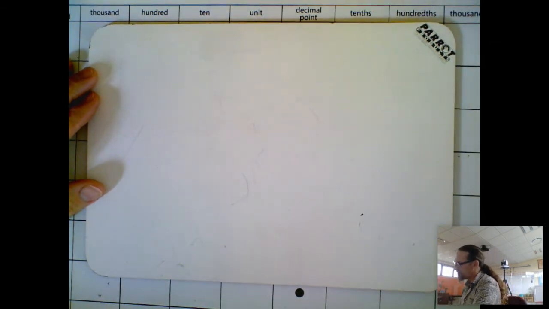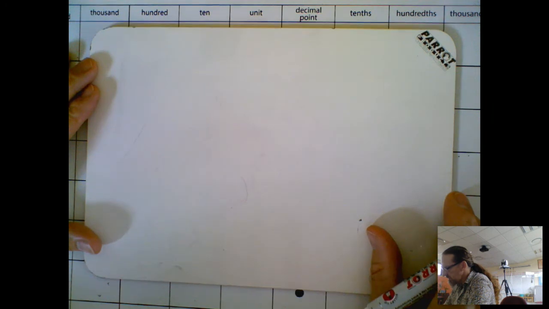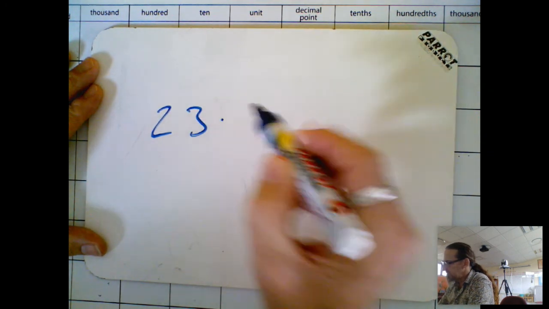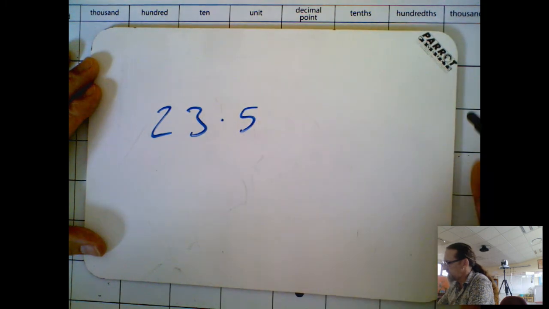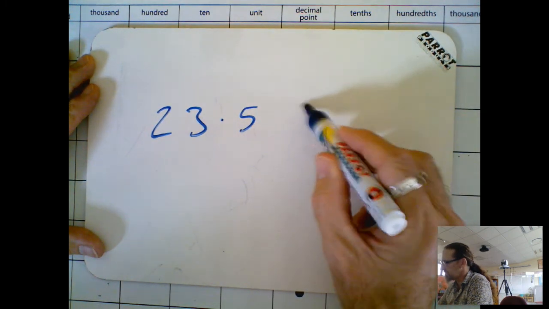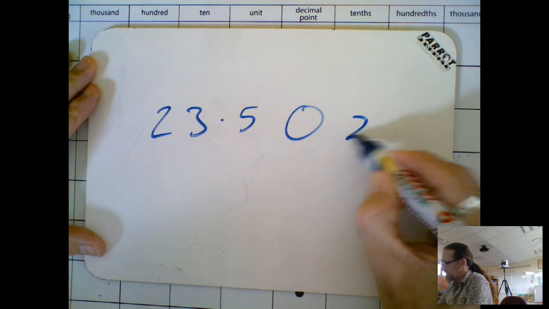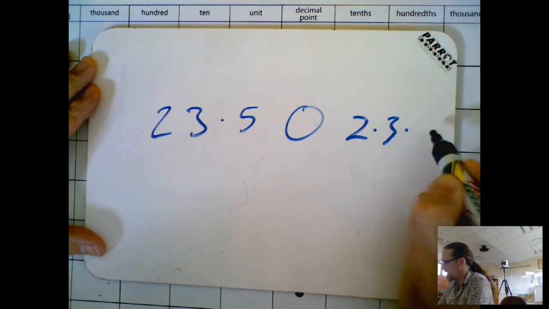So, comparing numbers with decimals. So we have something like 23.5, and we're going to want to use a symbol in the middle here. We don't know. And over here we've got 23 point